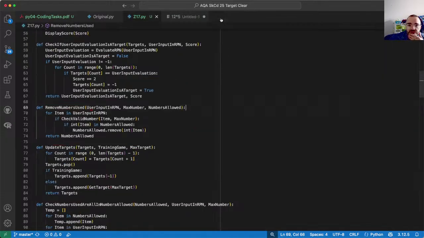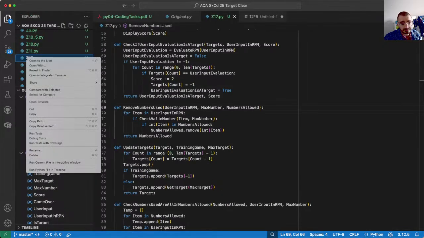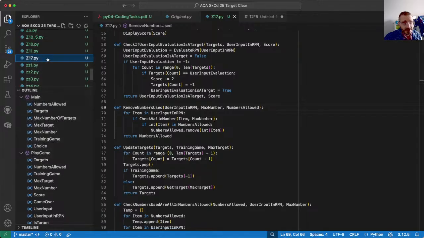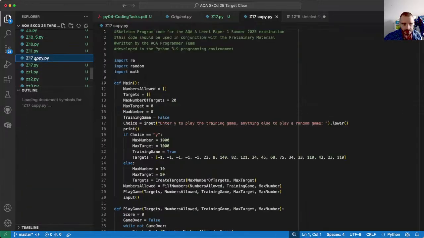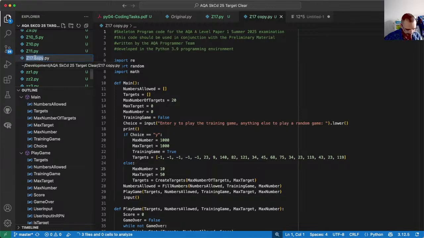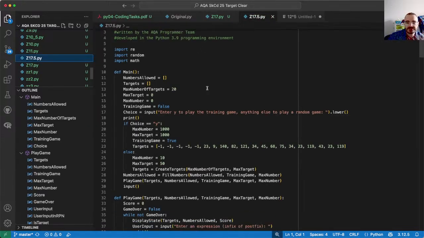That was 17 regular. I'm going to now do 17 and a half. Okay, I can put dots in file names. Okay, 17 and a half is the same thing, but